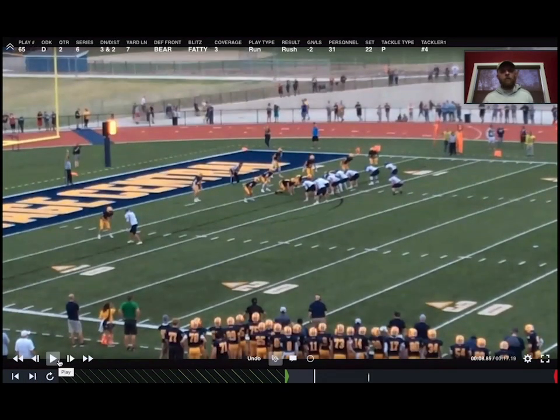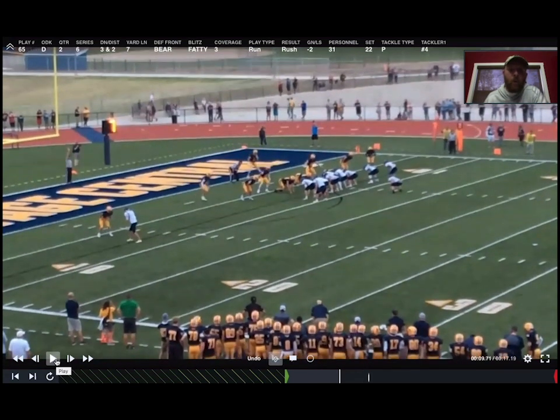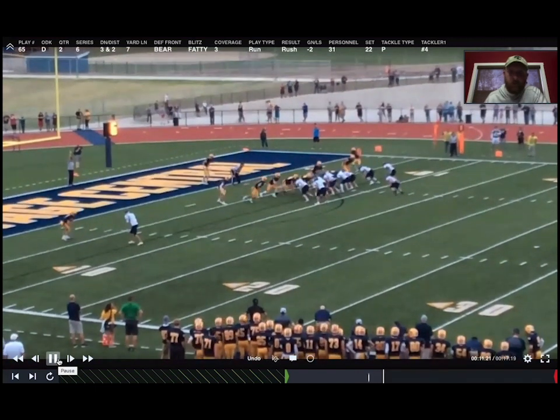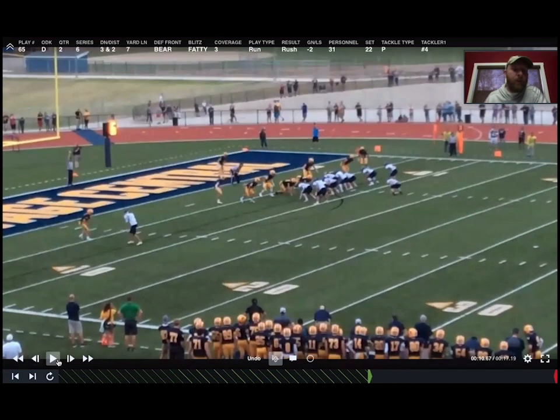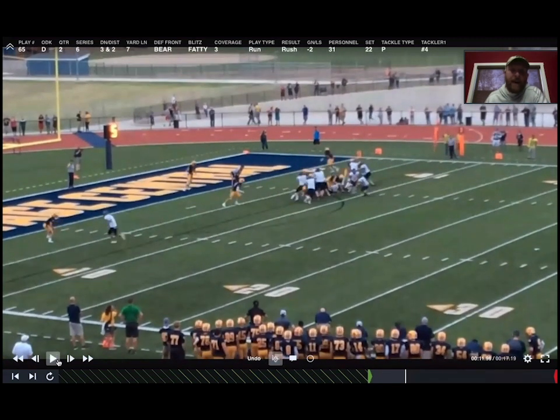Okay, another zone blitz here with the indicator being, in this case, this team was a kind of a flex T type team, a flex bone type formation, really running wing T principle stuff. Okay, so this time we were checking it to the tight end, okay, to the 3-man surface. I got a tight end wing here. All right, if we ran it from the boundary, I'm not saying it wouldn't be sound, but just as far as attacking what they do and just knowing that they were running a lot of their stuff, this 3-man surface,